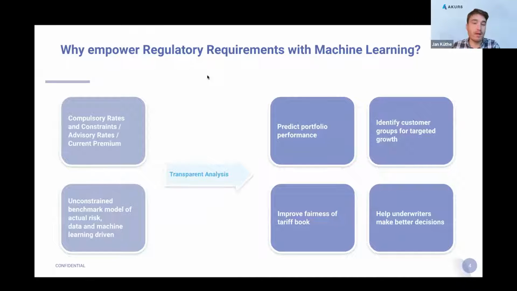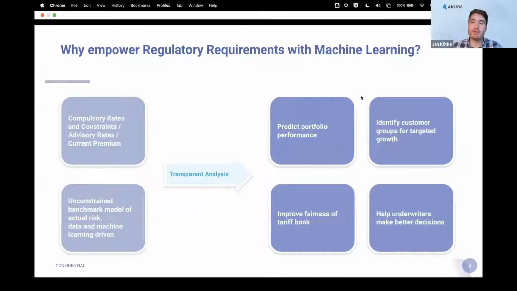Many of you will have readily available this first block on the top left here, which is the premium a client is currently paying, which are the advisory, the compulsory rates. However, they are not necessarily based individually on your portfolio, on your clients, on the customers you have attracted as an insurance company.